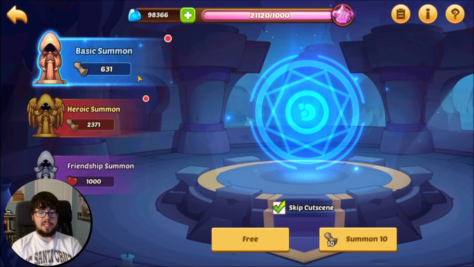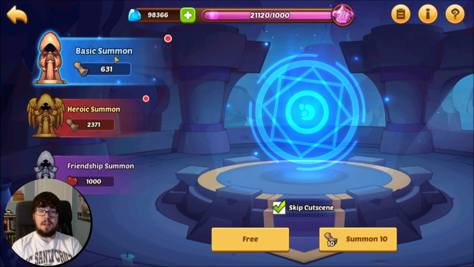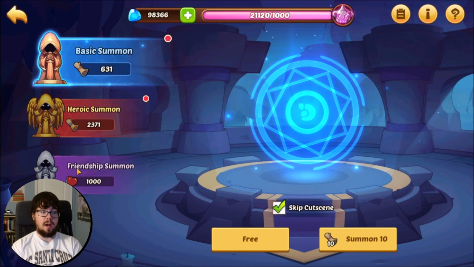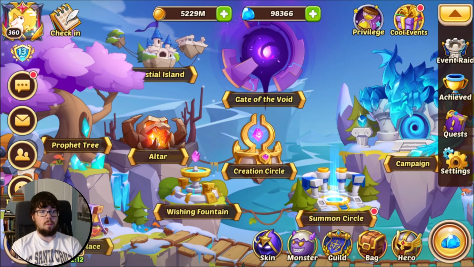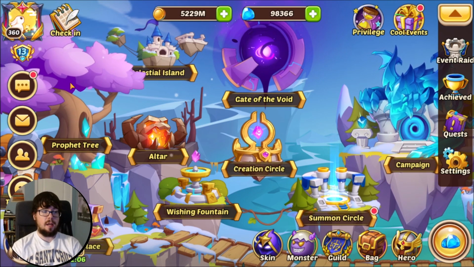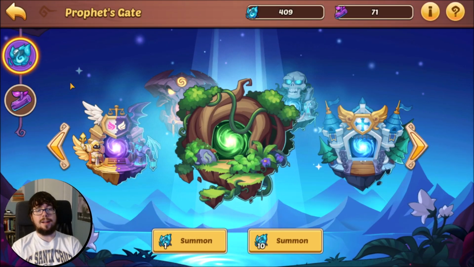Same vein of saving resources, do not use heroic scrolls. If you want to save friendship summon and basic summons for these Imps events, it's honestly not that bad idea. I actually have accounts where I've completed Imps Adventure due to having 10 friendship summons. So worth considering. You don't get any rewards for them, so maybe save them for your events that require you to get heroes. And the biggest one, and the mistake I see the most often, do not